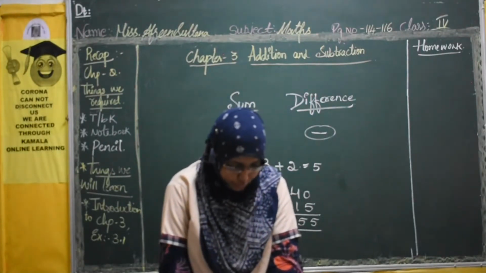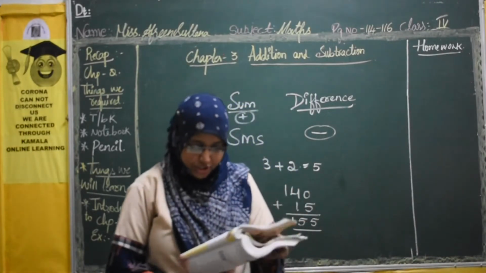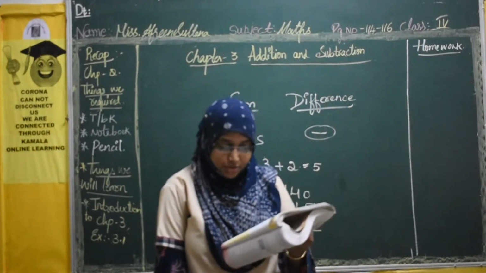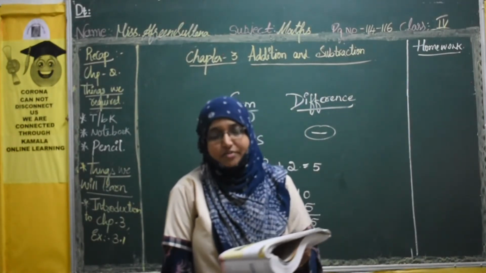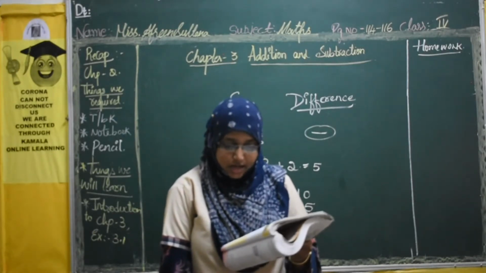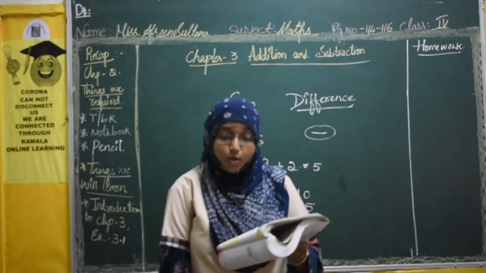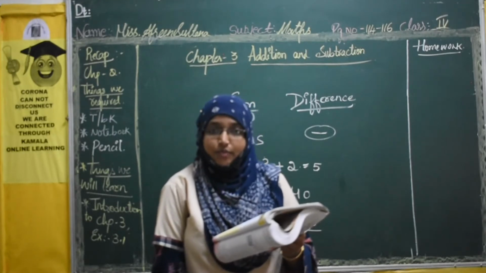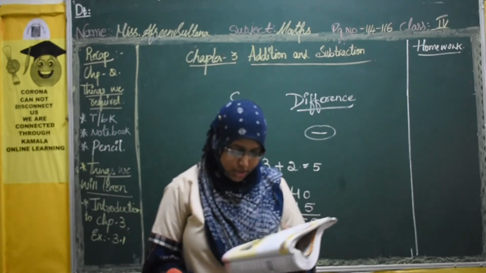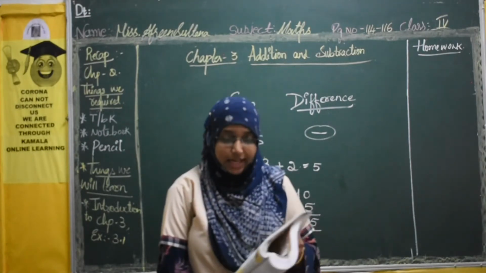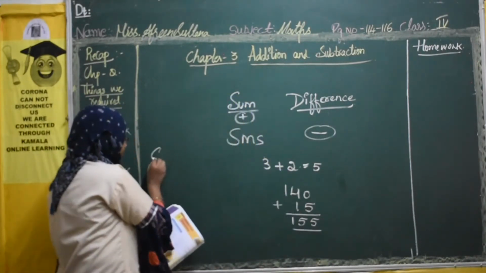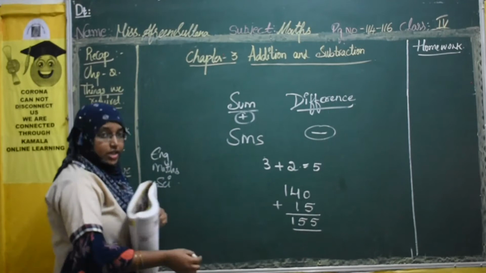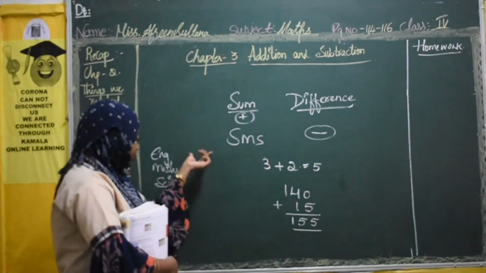So page number 114, warm up. See here they have given a small picture. What is he asking there? How many books are there in the library in all? The boy is asking the librarian how many books do you have in your library? So what is the reply? There are 2,460 English books, 1,752 math books and 1,175 science books. So what is the first question? The total number of books in the library. He gave the number of English books, number of maths books and number of science books. Now what is the total? How many books are there in the library? You should do the addition.